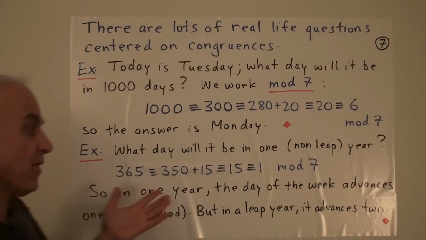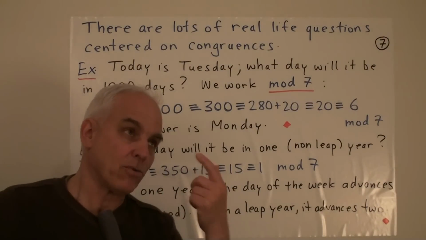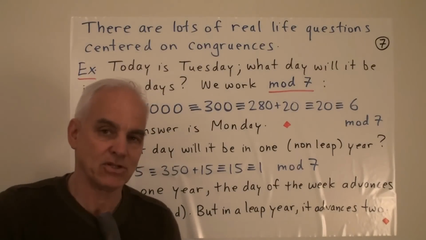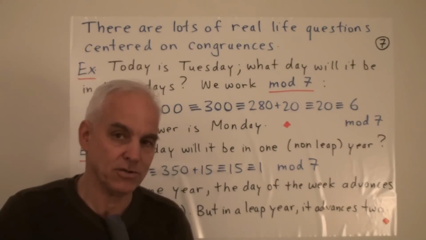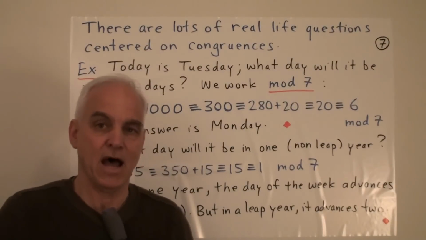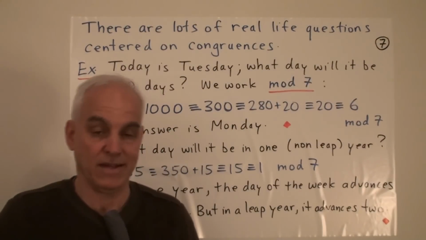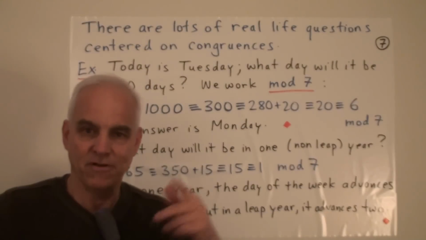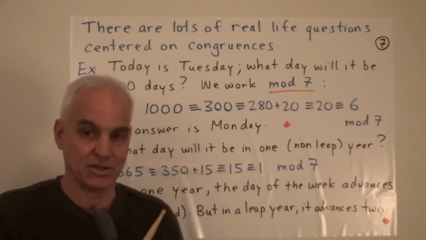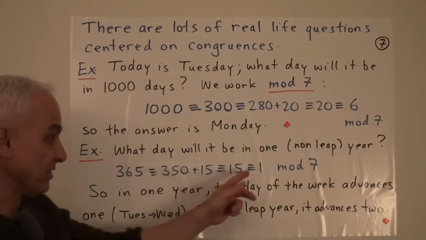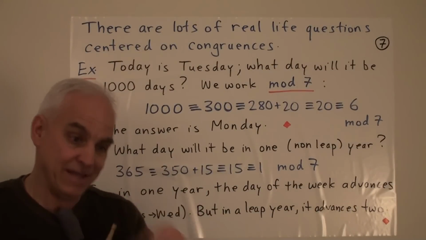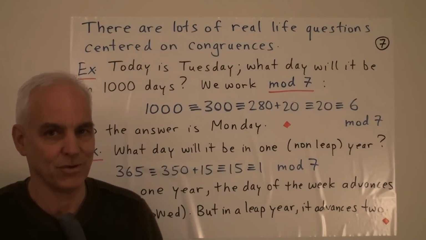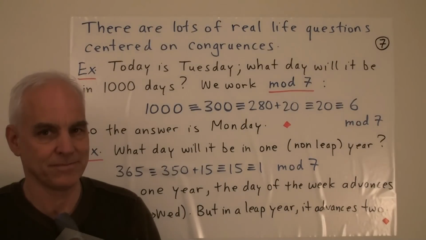So you can see that this kind of question of figuring out what day it was back at some historical time, or, in the year 2079, July 15th, what day of the week is that going to be? Well, a little bit of modular arithmetic, taking into consideration that every year advances you 1 and every leap year advances you 2, then it's not so hard to work such questions out.